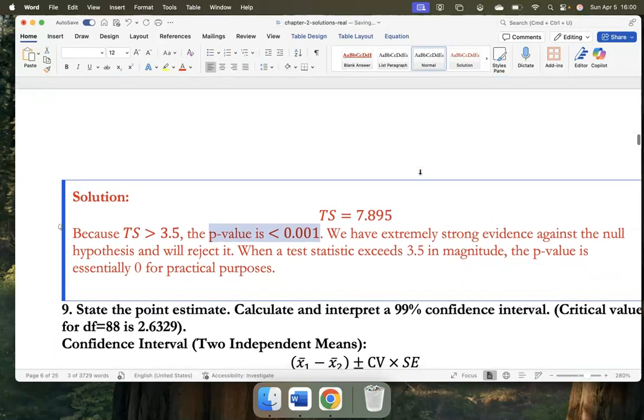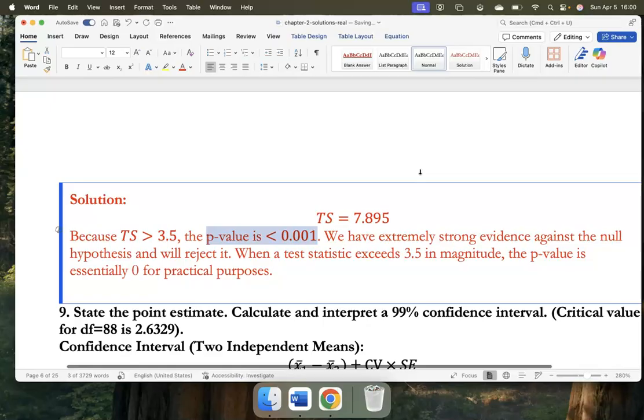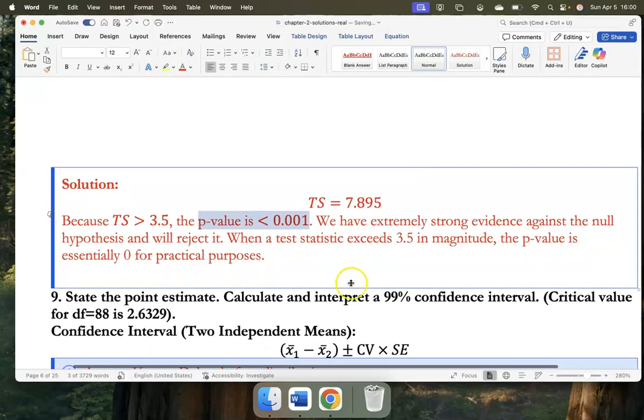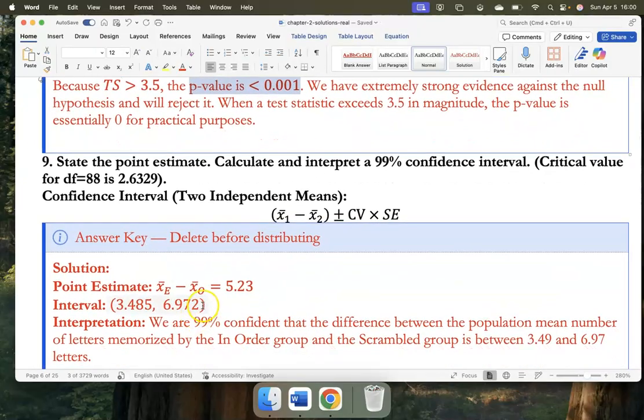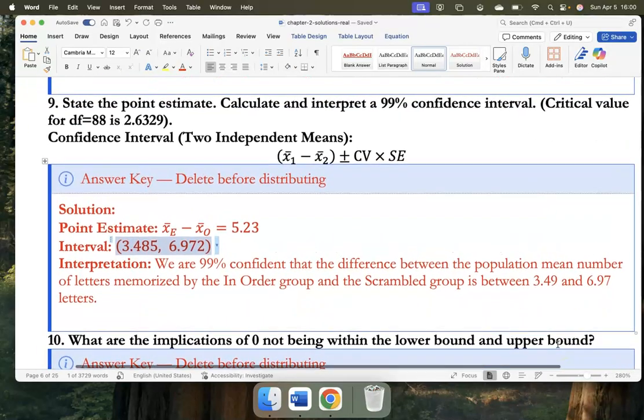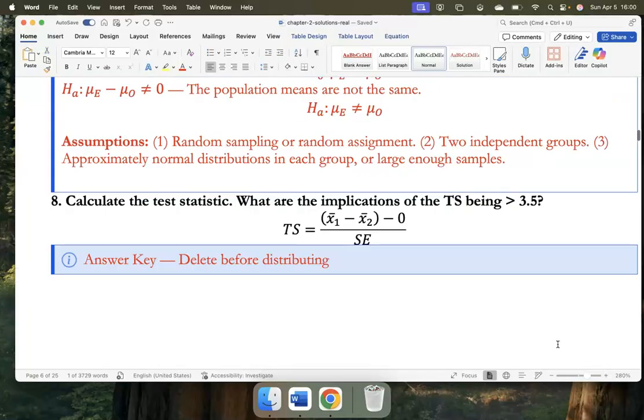Okay. So then here is the logic behind our confidence interval. We're going to create a 99% confidence interval with a critical value of 2.6329. Here's the relative math. And again, you can see 0 is not plausible. 0 is not possible. So we are 99% confident that the difference between the population mean number of letters memorized by the in order and the scramble group is between 3.49 and 6.97. Okay, so the reason why I keep harping on this idea of 0 from our test statistic,